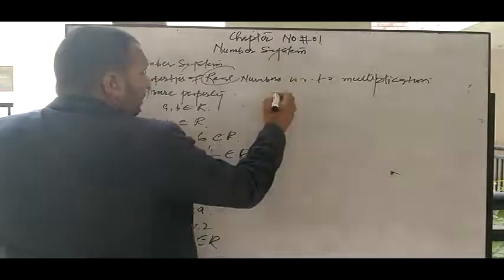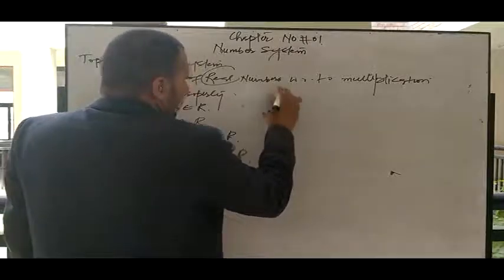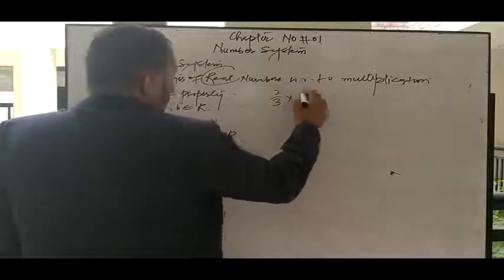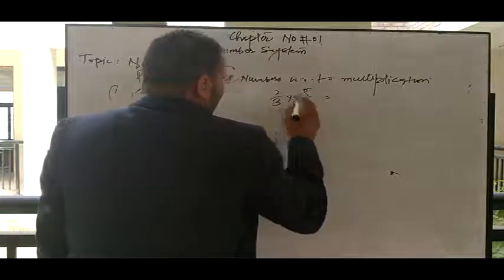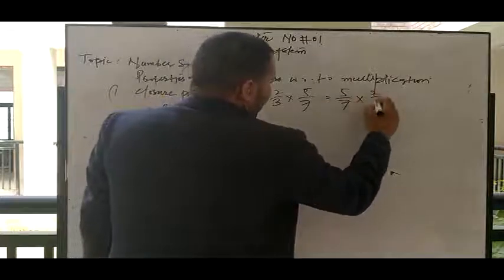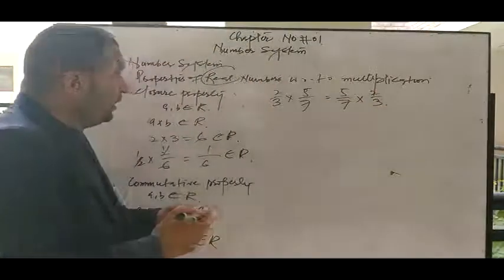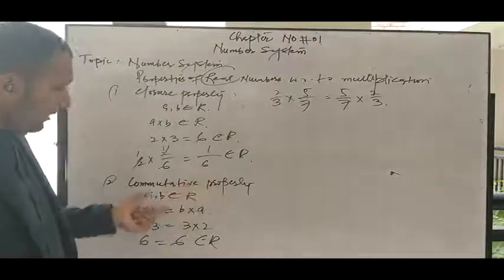Again, taking rationals: 1 upon 3 multiply 2 upon 3 is again 5 upon 7. Belongs to left and right hand side. First, 5 upon 7 is the first value a, and 2 upon 3 is the second. Let's suppose 2 upon 3 belongs with a and 5 upon 7 belongs with b.